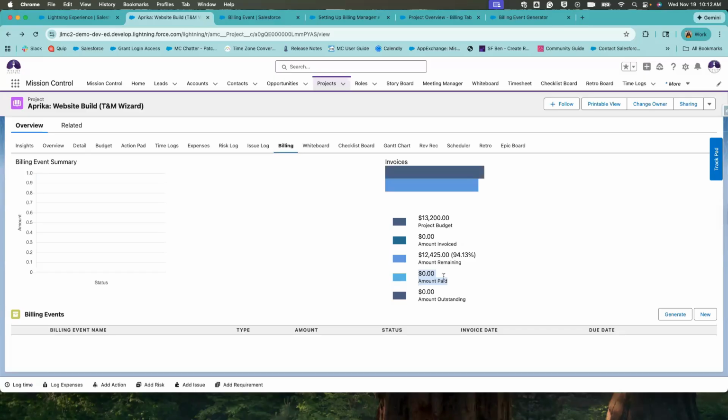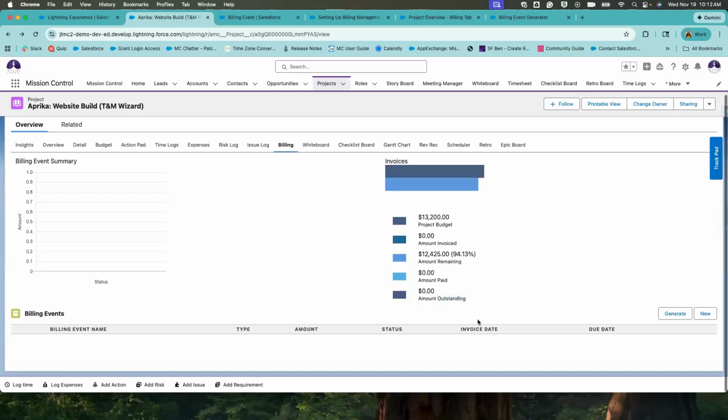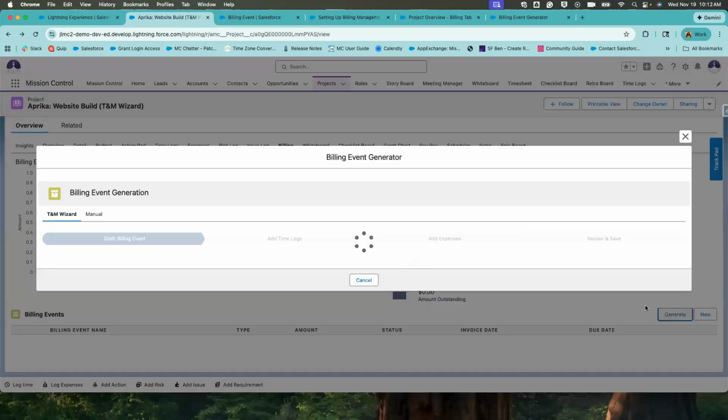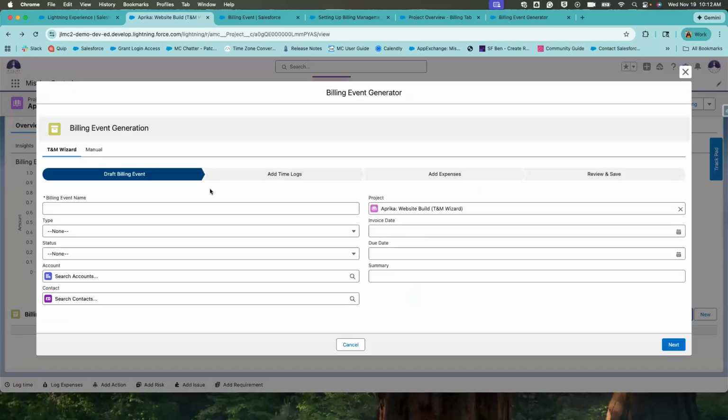We'll show this towards the end as well, so you'll see that roll up. The amount outstanding is going to show you the total amount outstanding on your billing, the summary of all your billing event records. So it's going to add that amount on all your billing events for the amount outstanding that is owed. As we get started and generate that,